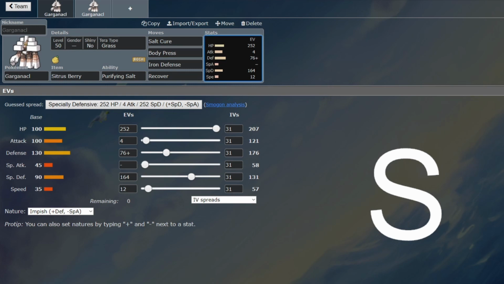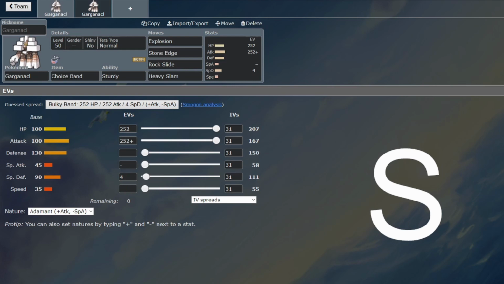But this is not the only way to run Garganacl. It has a second niche in the fact that it has the strongest Explosion in the game at the moment. So if you do want to go for some cheesy gimmick strategies where you explode next to your partner and set up Trick Room with a Ghost type or a Telepathy Pokemon, or that degenerate Tatsugiri Dondozo strategy where you explode next to your Tatsugiri, Endure, get a Toxic Orb, sacrifice yourself, all that good stuff as well. This is another niche that Garganacl has,